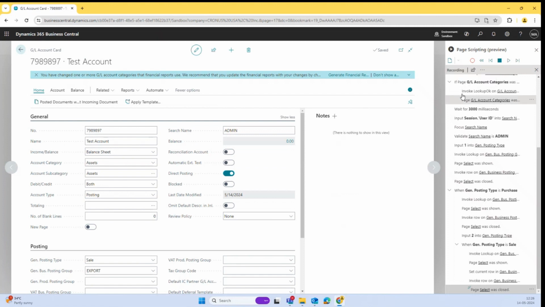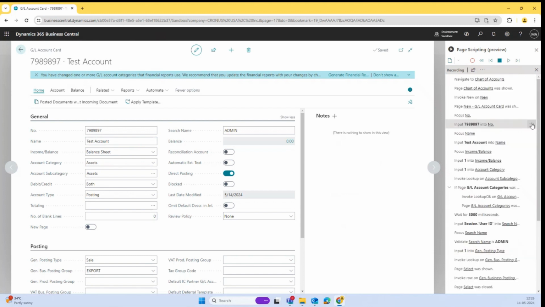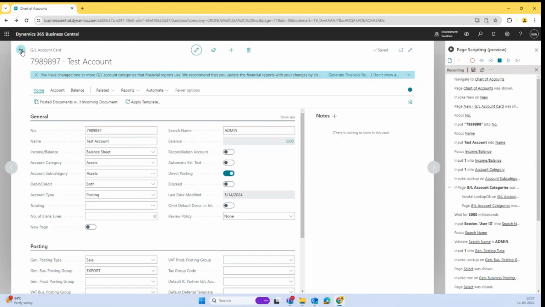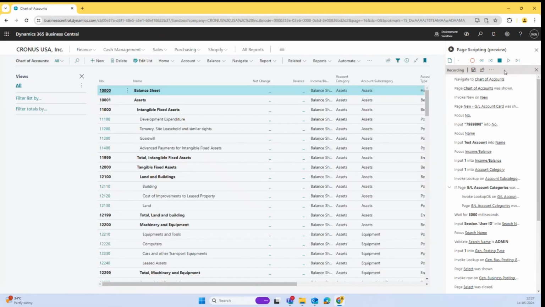Now, this recording we have already done and saved. Now, if you want to play this again, I know that this is not the account which I would like to use. So I can click on properties and I would like to use the new account 8. And we'll close it and go back. And what I will do is select the first step and click on run as here. So what it will do,